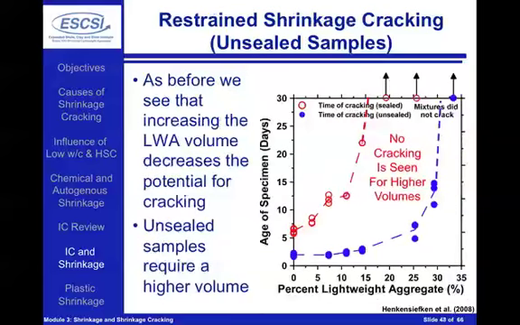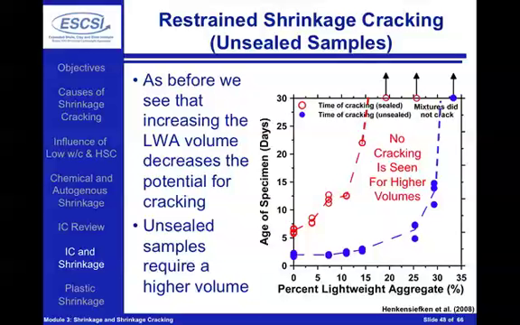If we plot this in the same type of way that we did with the sealed cases shown in red, in blue what we'll notice here is, again, as we start to add more and more lightweight aggregate, we can start to see the trend where we're reducing the potential for cracking at early ages. We're cracking at later and later ages, and once we get to a certain percentage of lightweight aggregate, we can see that we're not seeing cracking anymore occurring, and we're essentially getting to a vertical asymptote at around 30 or